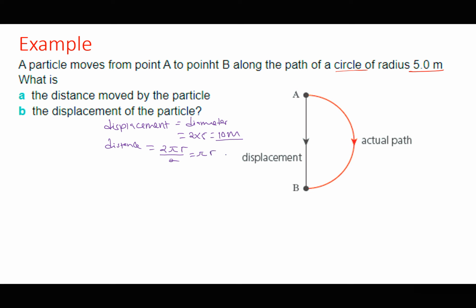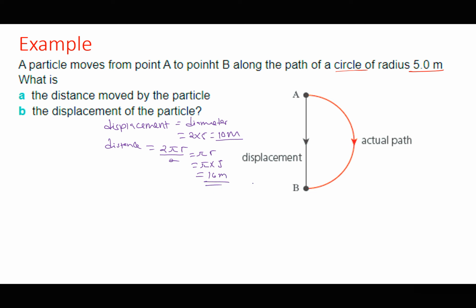So the distance is going to be pi times 5. And this will be equal to, I think pi is 3.14, approximately 16